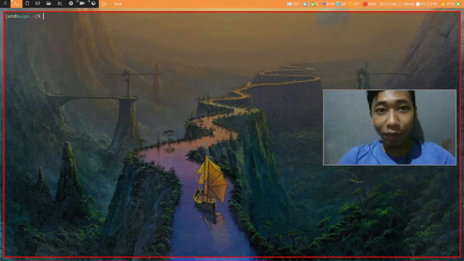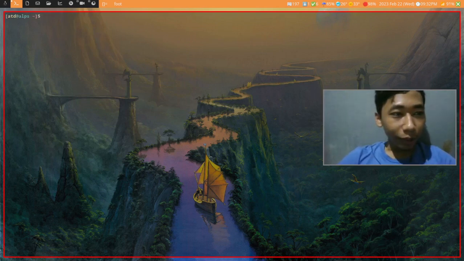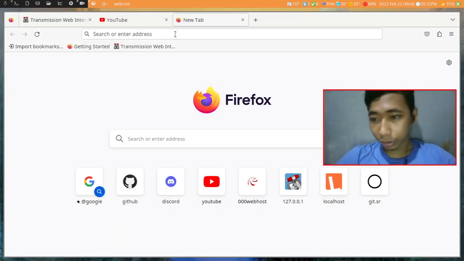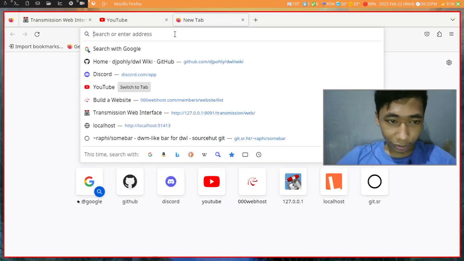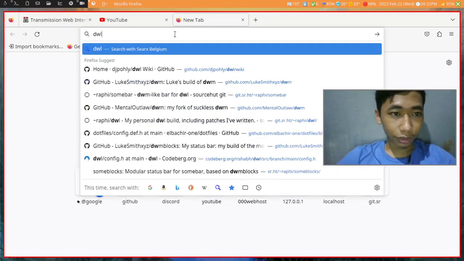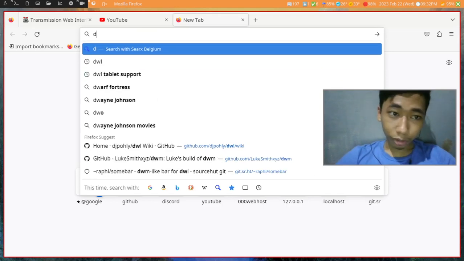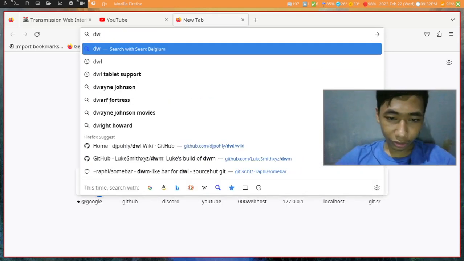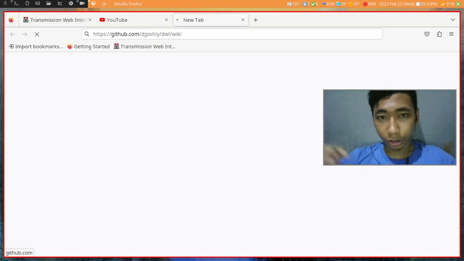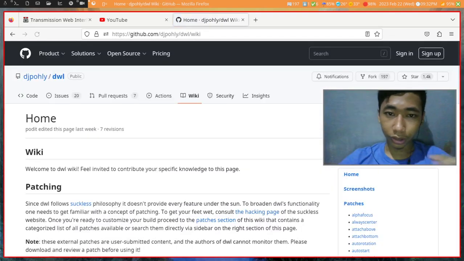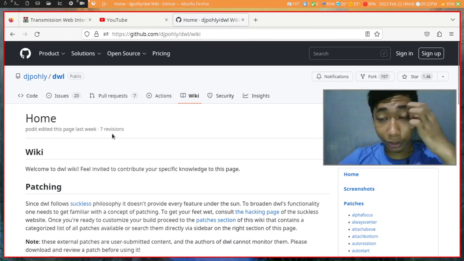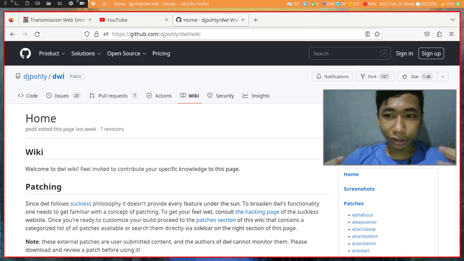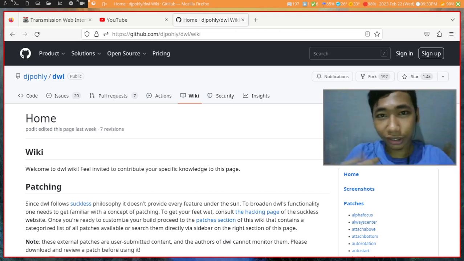So, we will be talking about Wayland. Before that, actually, I think most of you already know what Wayland is. Wayland is basically a display server. In Linux, GNU/Linux, we have two kinds of display server, that is Xorg and also Wayland. And Wayland is kind of this new technology that we haven't really discovered fully,